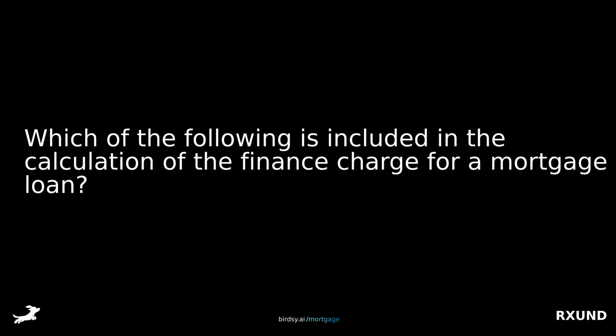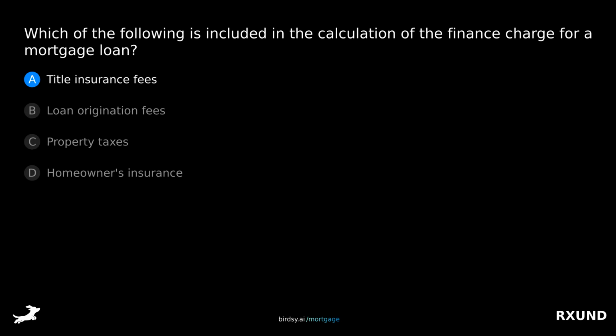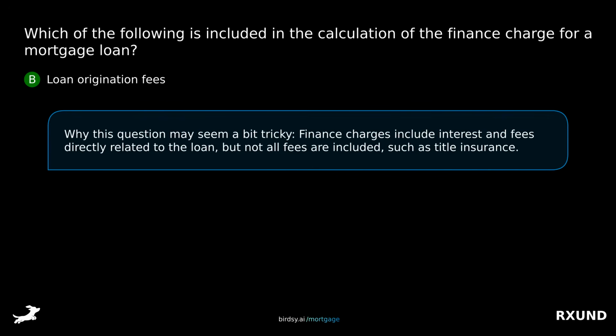Which of the following is included in the calculation of the finance charge for a mortgage loan? Is it A, title insurance fees, B, loan origination fees, C, property taxes, or D, homeowner's insurance? The answer is B, loan origination fees. Why this question may seem a bit tricky. Finance charges include interest and fees directly related to the loan, but not all fees are included, such as title